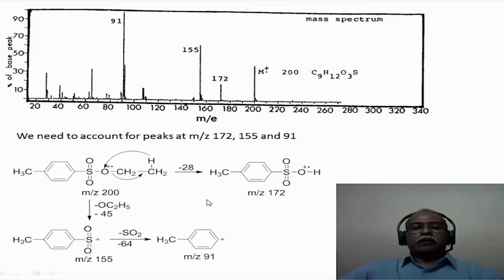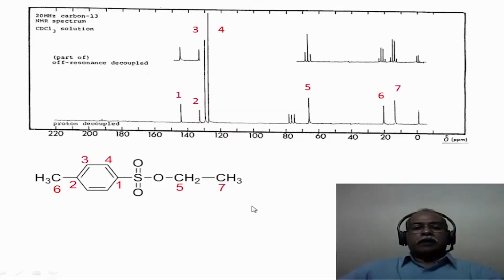The carbon-13 spectrum can also be easily assigned. The two low intense peaks would be the ipso peaks. The one attached to the sulfonyl group will have the higher delta value. The second one, attached to the methyl group, will have a lower delta value. And the CH carbons, which are the 3 and 4, can be assigned like this. Adjacent to the sulfonyl would be 4 and adjacent to the methyl would be 3. This particular assignment will be correct.